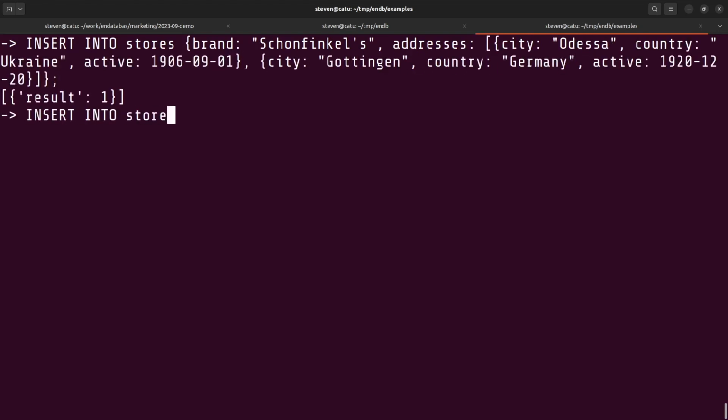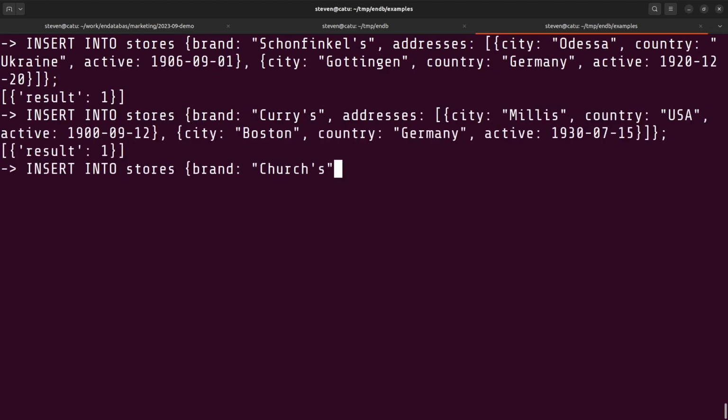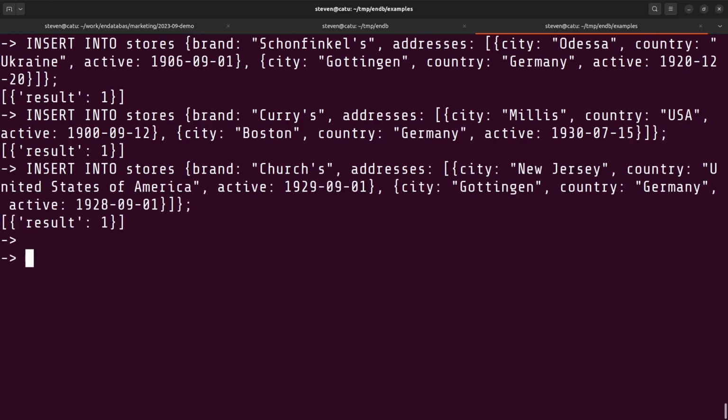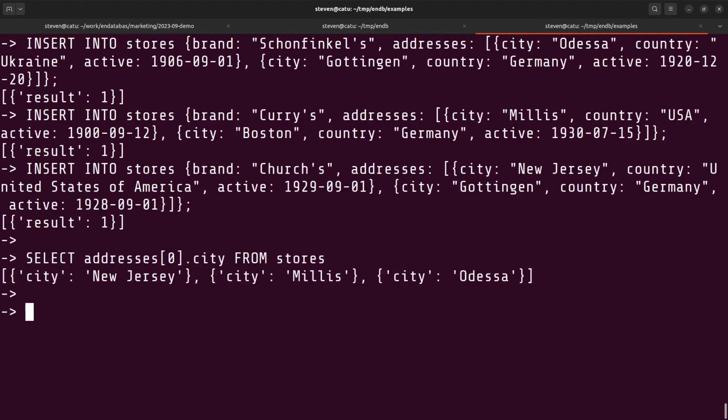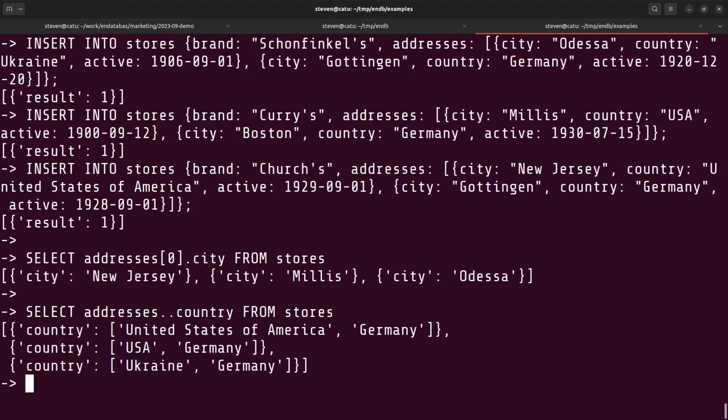Document-shaped rows support strongly typed native nested data. We'll add a couple stores, select from a nested column, and try recursion. endb's documents also support row literals, wildcards, spreads, shorthand fields, computed fields, and path functions. While many people will prefer endb's path functions